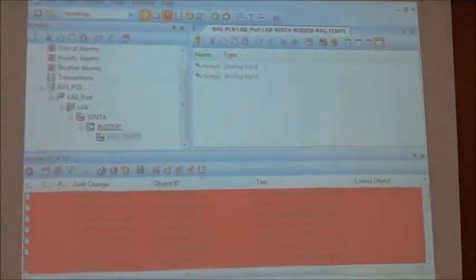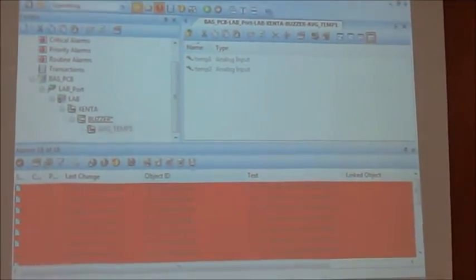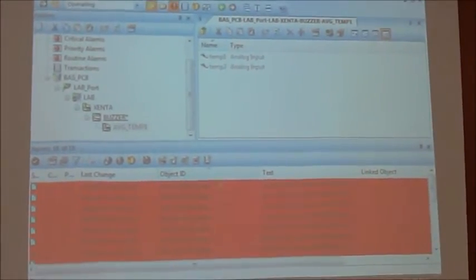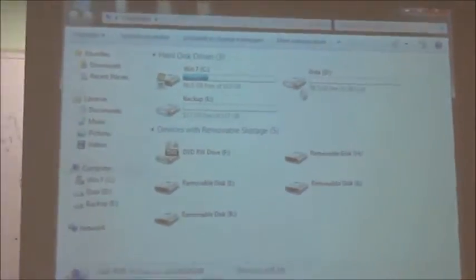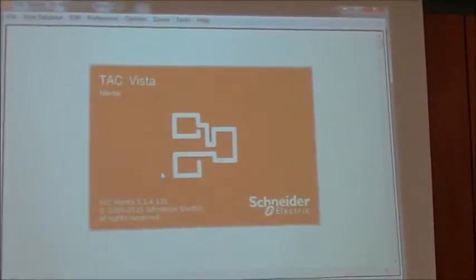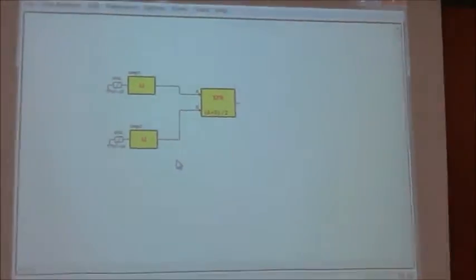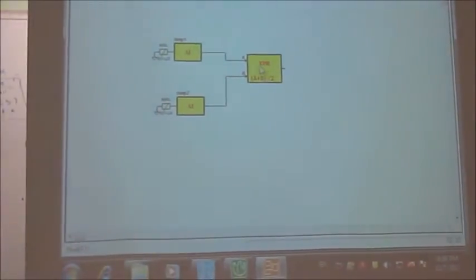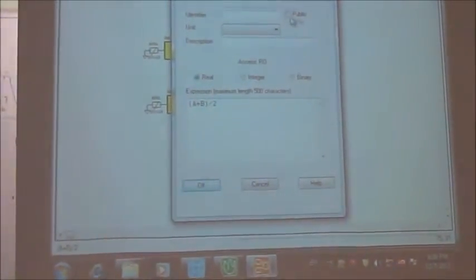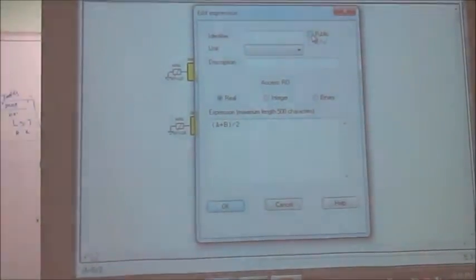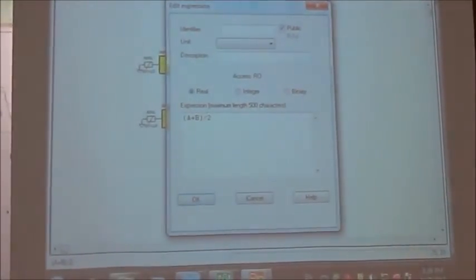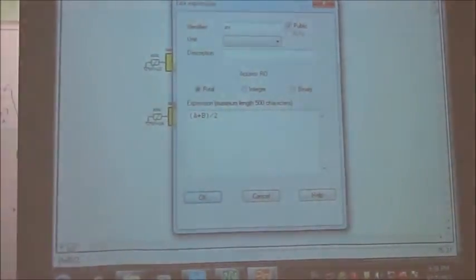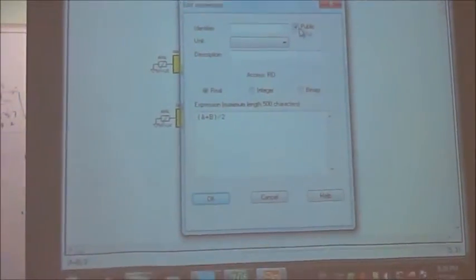Okay. There's one more thing I want to tell, because we have to see the average temperature also. Now it's just showing only temperature 1 and temperature 2. So in Menta, there's one more option available, because in Menta we have so many blocks. Sometimes we have OR gate, sometimes we have AND gate. If you want to display that condition, if you double click, they call it public. If you put the public check box here, select public and then write the name. Because if it is not public, it will not ask you.